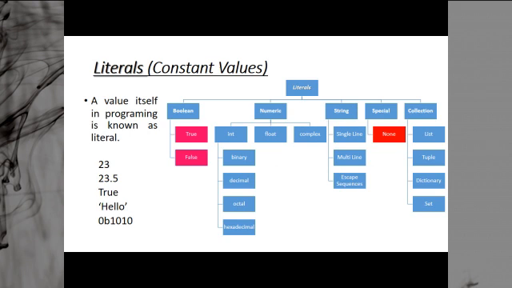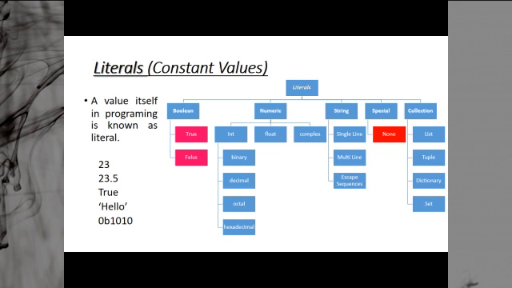True means happening and False means not happening. True means yes, False means no. True means 1, False means 0. So True and False are both reserved. They have to be used as they are, and they have a particular meaning. They are the Boolean values, so they are termed Boolean constants.